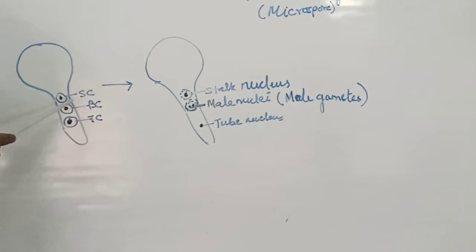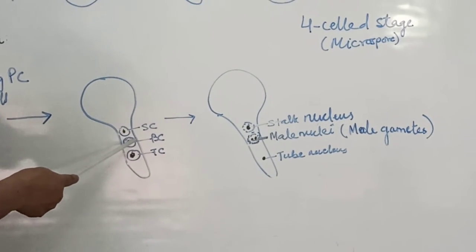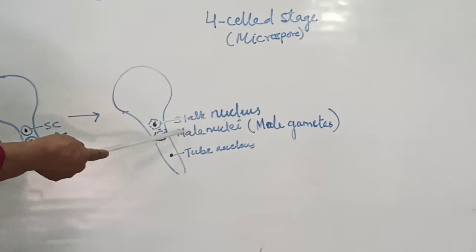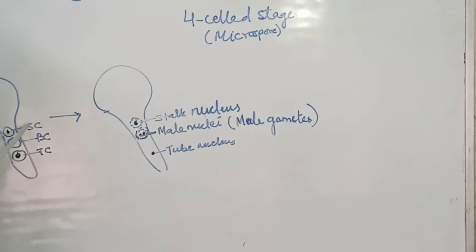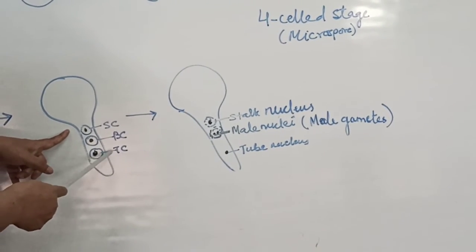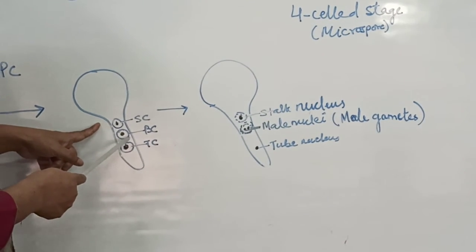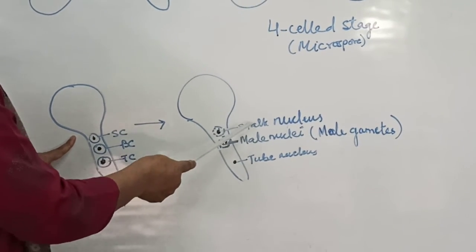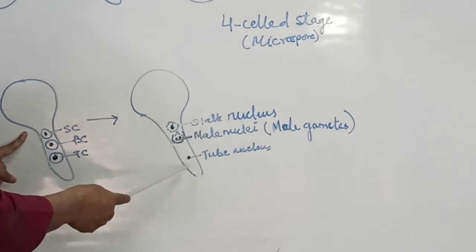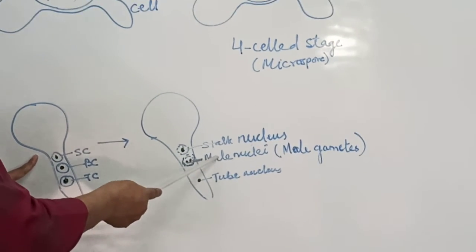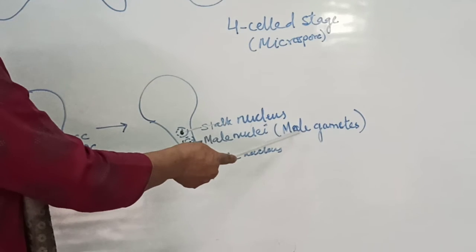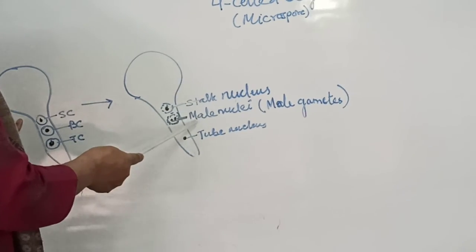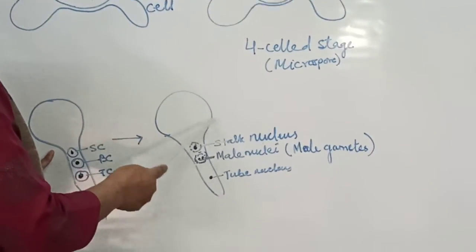After some time, the nucleus of the body cell undergoes division, giving rise to two nuclei. These two nuclei are known as male nuclei. And the stalk cell and the tube cell membranes disintegrate. So in the diagram we see all the nuclei. In this we have a stalk nucleus, two male nuclei and one tube nucleus. These two male nuclei form the male gametes, which take part in the fertilization. So with the formation of male gametes, the male gametophyte